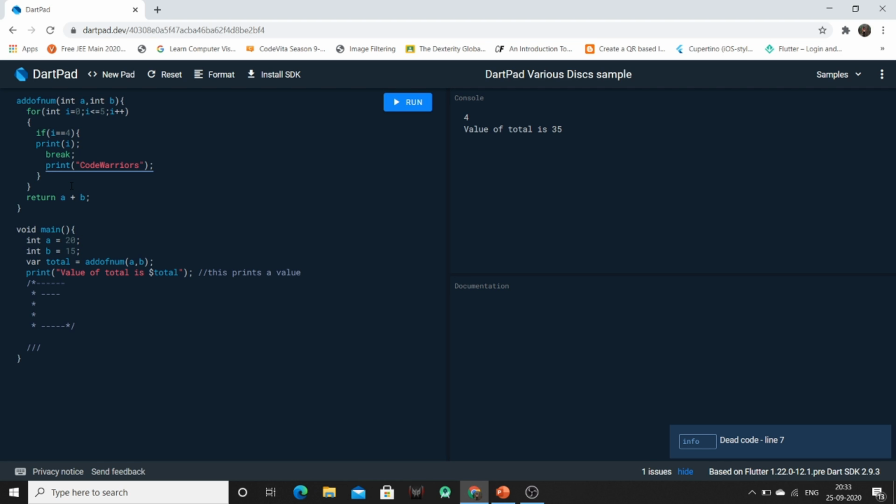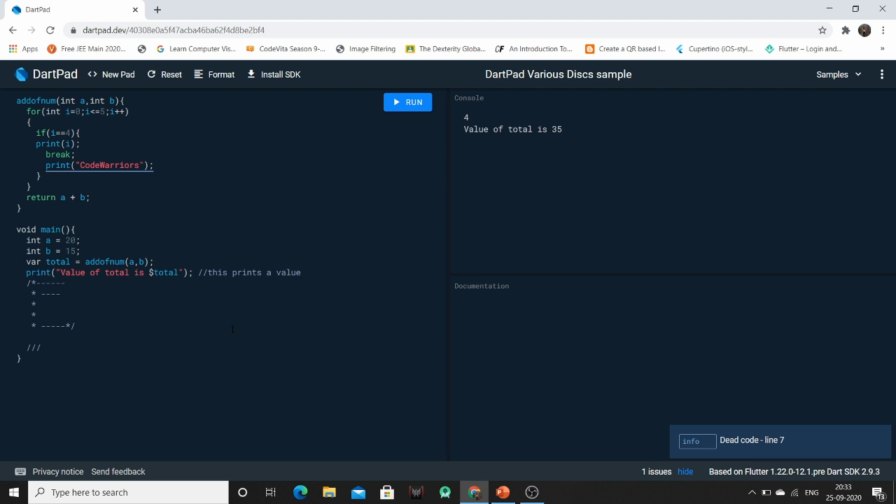So the output will be 4, and after that the value of total, 35, will be there. We can also see that on hovering over this part it is showing us dead code. So the output is 4 and the value of total is 35.